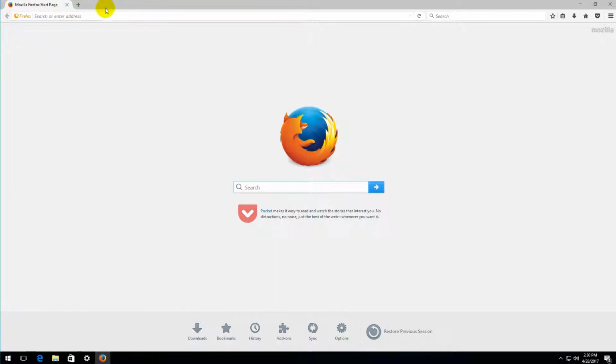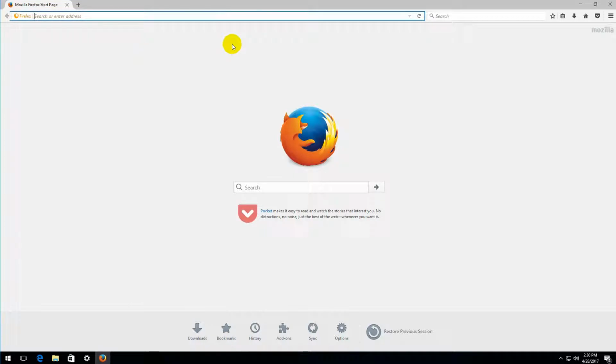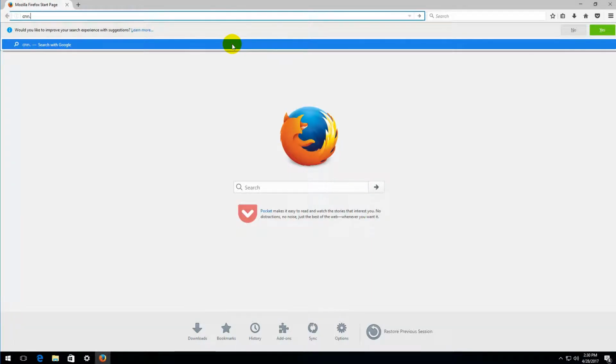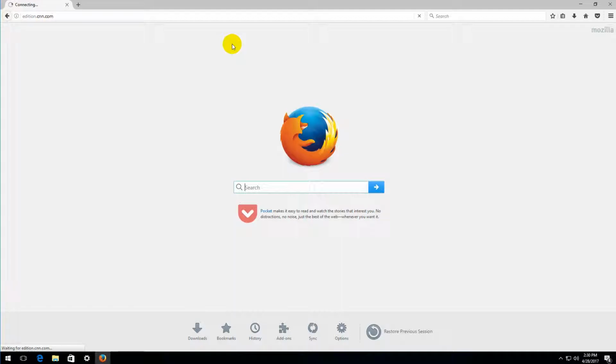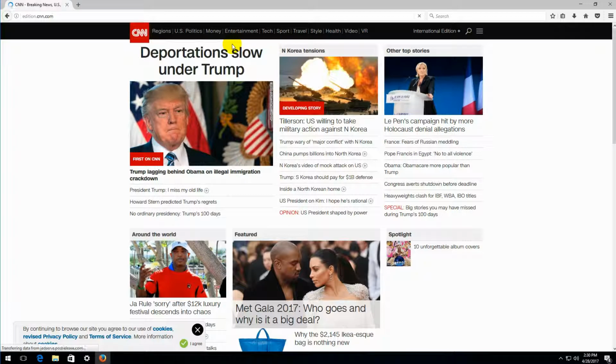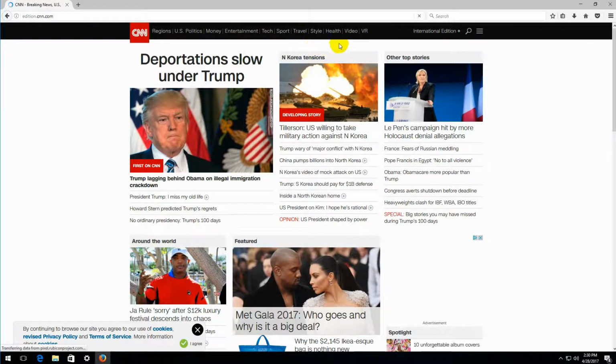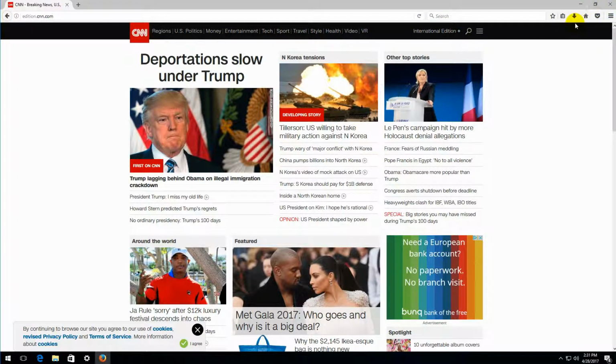They moved the home button all the way to the right, which is very illogical, because imagine you are entering a site here, let's say CNN.com, for example, whatever, and you want to be back to the home button, you have to scroll all the way to the right to the home button over here. So this does not